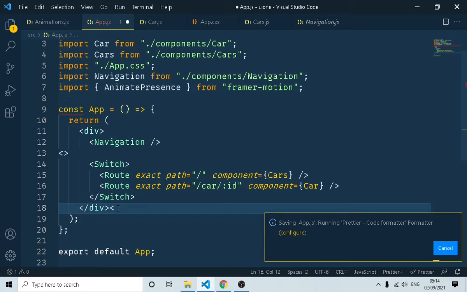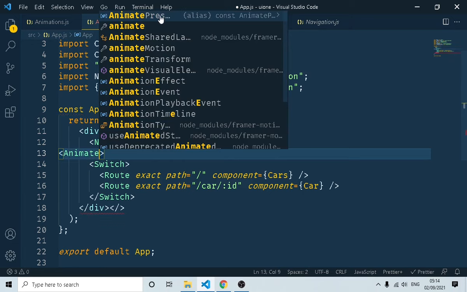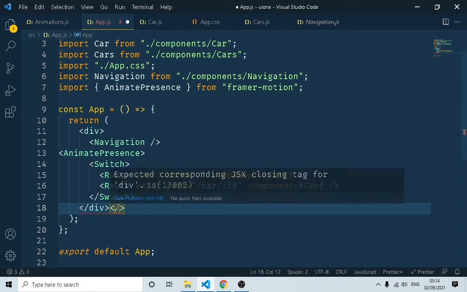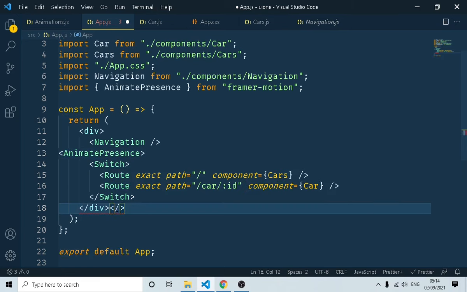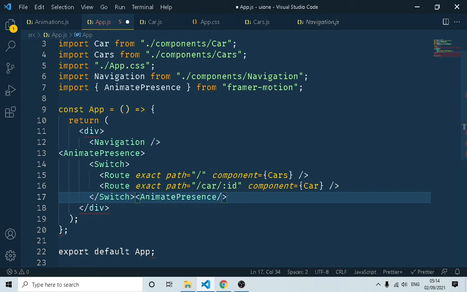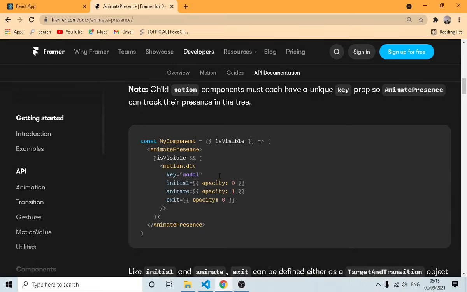Let me just set this up like that. So this is going to be AnimatePresence. This one is also going to be AnimatePresence. Sorry. Like that. I think I made a mistake here. This is supposed to be wrapping the switch like that. Yeah. Then if we navigate back to the website, it says that